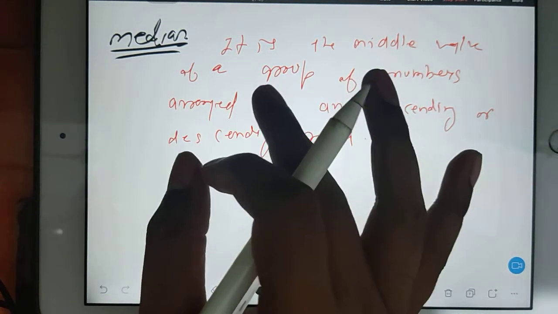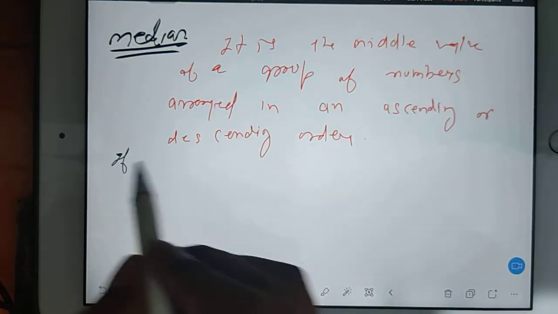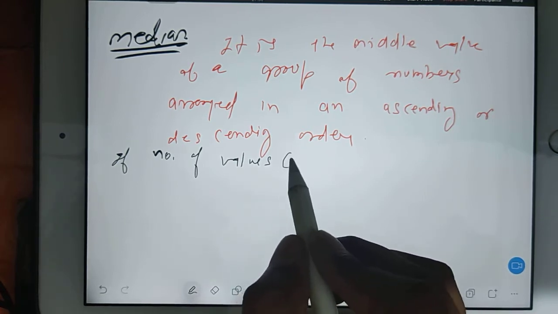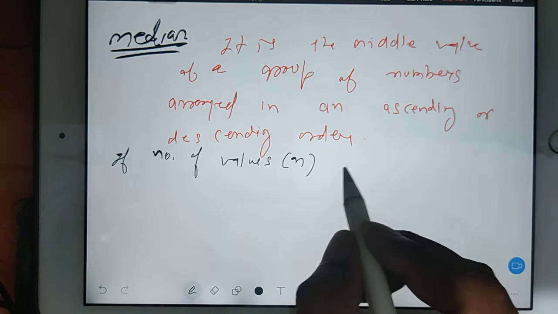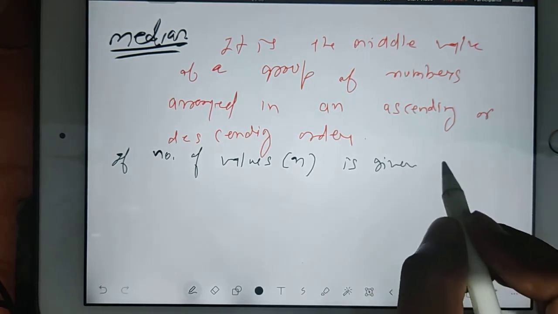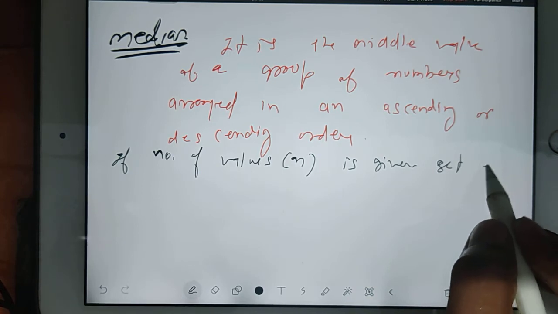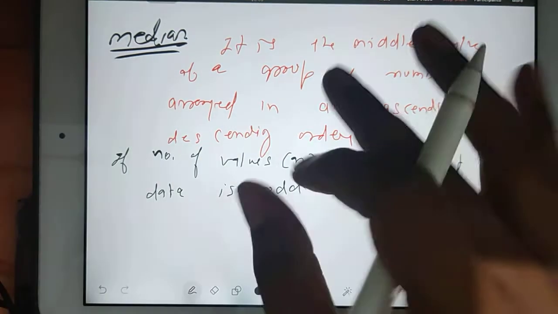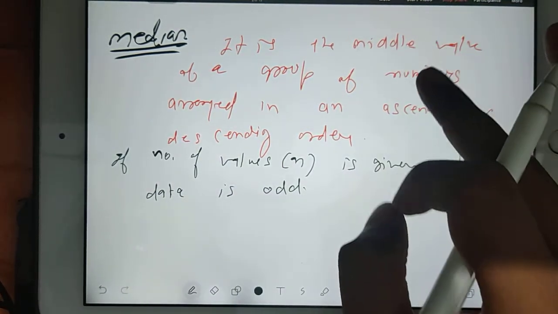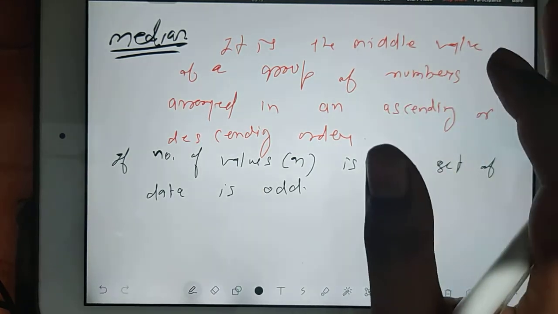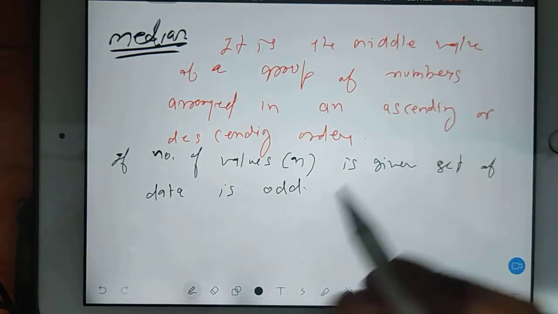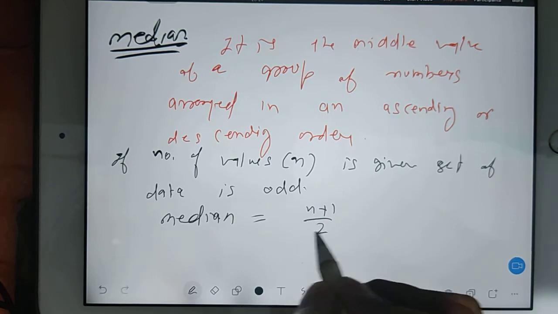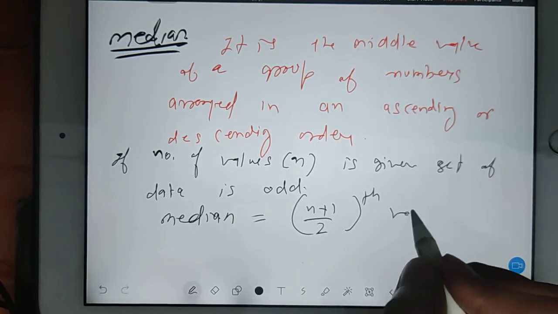Suppose, okay, few more things I have to give, then we'll go ahead. If the number of values, suppose a total n number of values, so bracket n, is given set of data is odd. Odd means there is a list given. In the list, if you count 1, 2, 3, 4, 5, 6, how many values are given? And that number is odd number. In that case, we used to give our median like what? N plus 1 by 2 power th value. It means